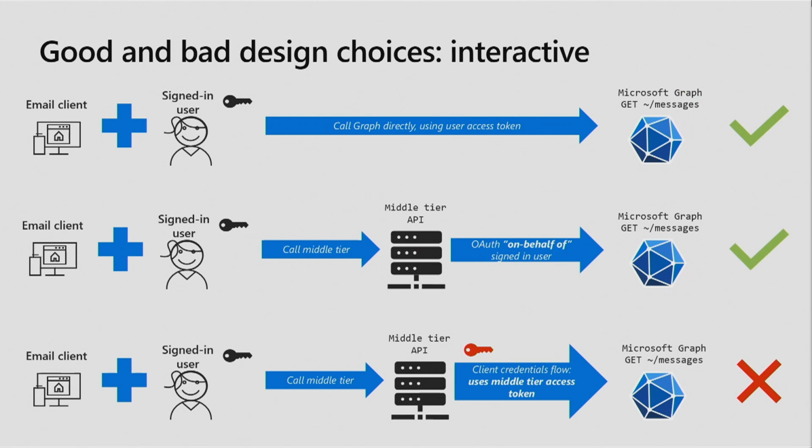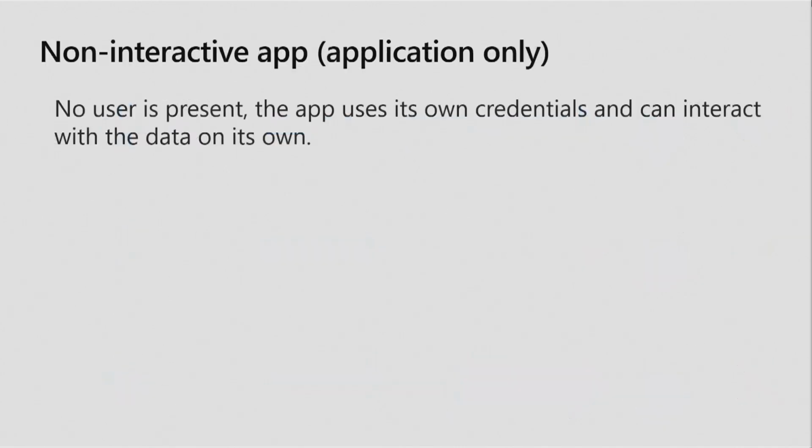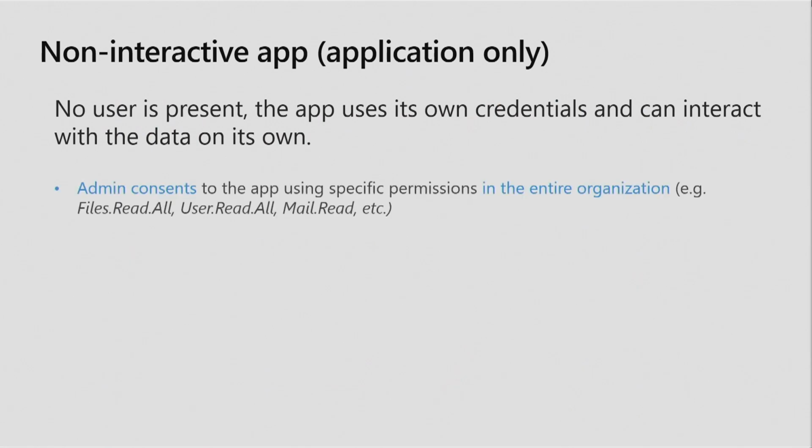So this is definitely a bad choice and a bad pattern to use. Now let's look at the non-interactive applications. In this case, there is no user present. The application only has its own credentials and can interact with all of the data that it has been delegated to. So in this case, the administrator is the one that consents to these permissions, and the scope is the